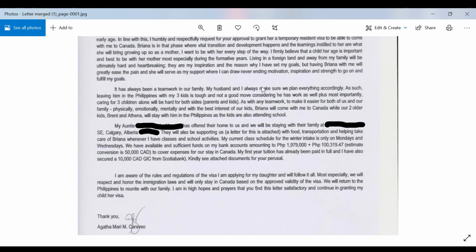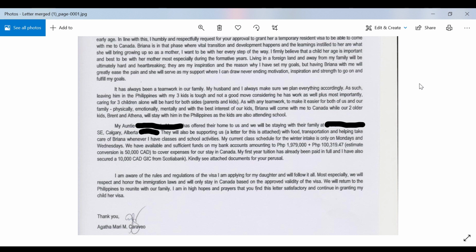It has always been a teamwork in our family. My husband and I always make sure we plan everything accordingly. As such, leaving him in the Philippines with my 3 kids is tough and not a good move considering he has work as well. Plus, most importantly, caring for 3 children alone will be hard for both sides, parents and kids. As with any teamwork, to make it easier for both of us and our family, physically, emotionally, mentally, and